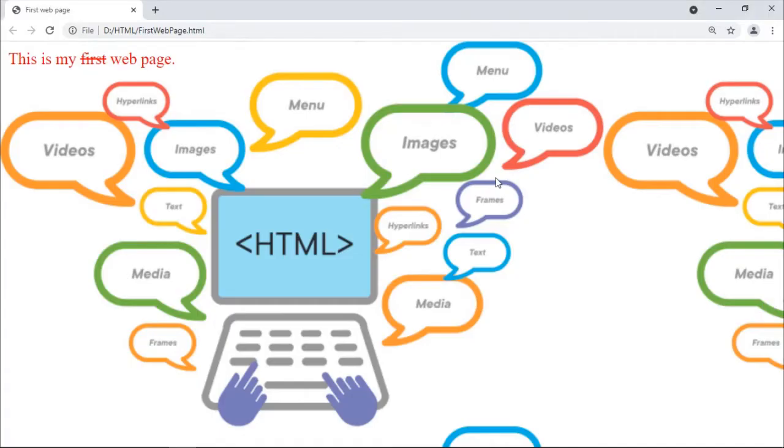Now let us run this one. If we observe, the text is displayed in the center of the page in the corresponding row. This is about the center tag.